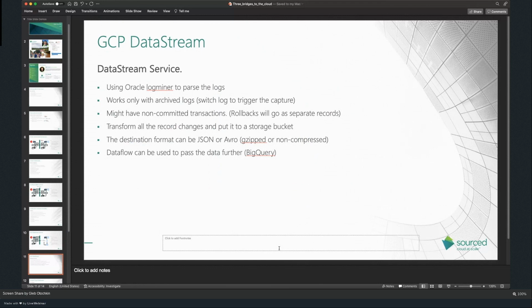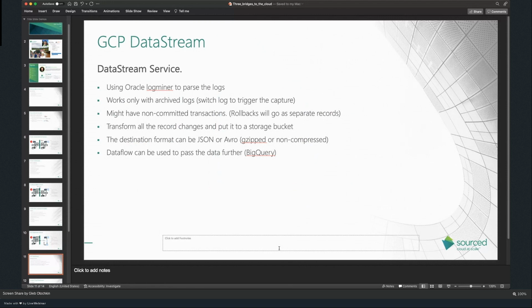But when you roll back that transaction later, that rollback will go to the redo log as well and will be switched to the archive log. And that rollback, which represents itself as a delete for that row, will be written to the destination side as well. They will compensate each other when you want a final picture of the data state, right? But before you roll back the transaction, you potentially have some misleading information in your data.